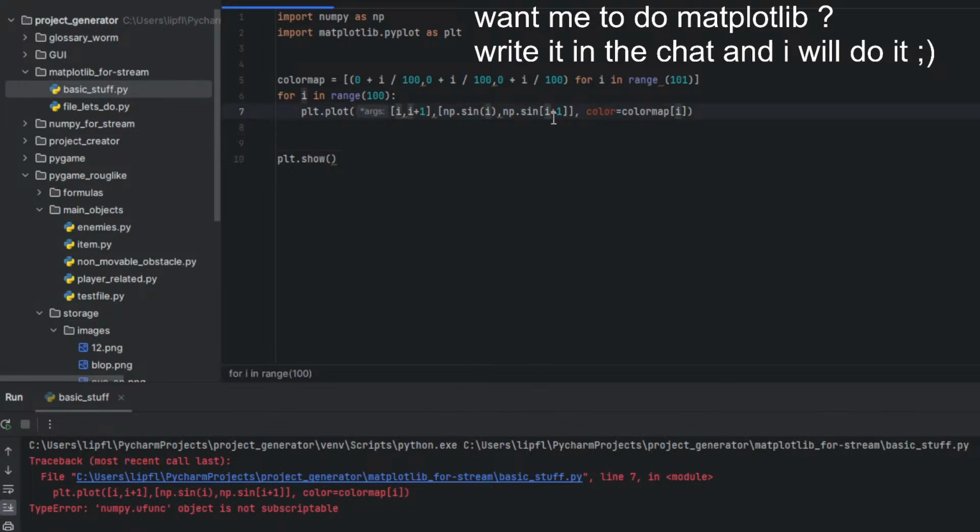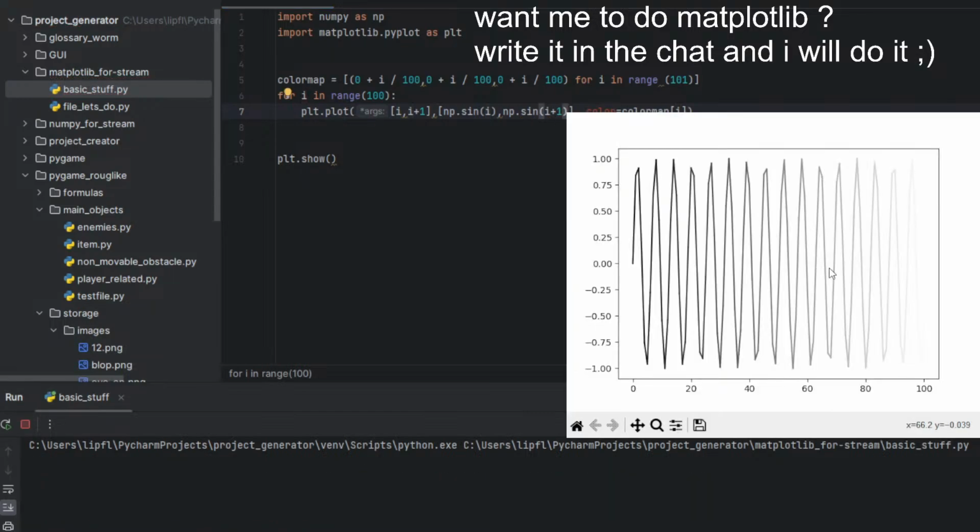Oh, yeah, wrong. Not square brackets. I can't see them anymore, I need glasses. Yeah, that's what I wanted.